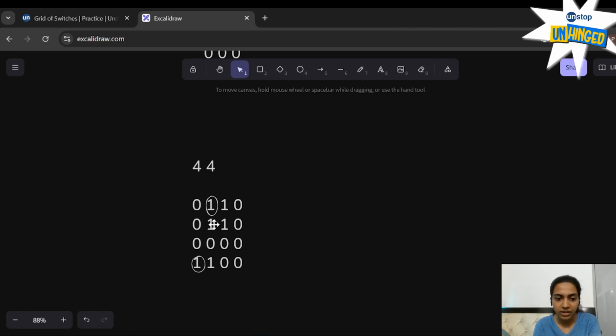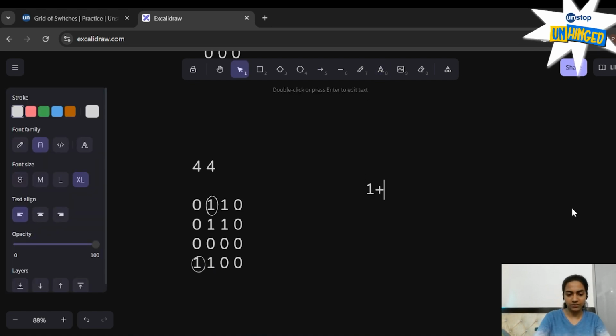And then via this, we can turn this off. This means that we can turn all of these switches off just using this one, directly or indirectly. Similarly, using this, we can turn this switch off and we can also turn this switch off. So our answer will be 1 plus 1, which equals 2.